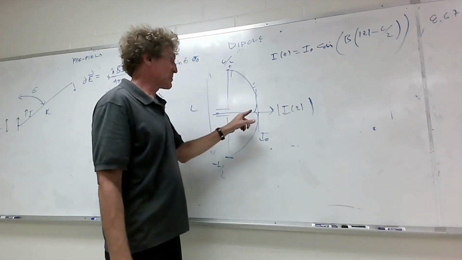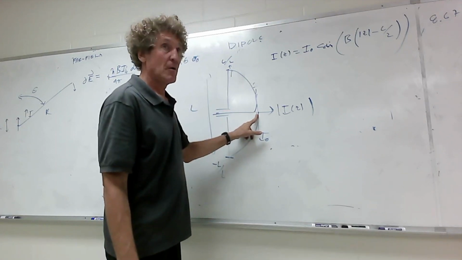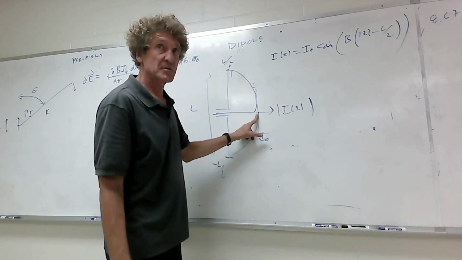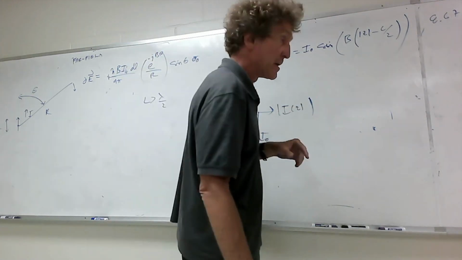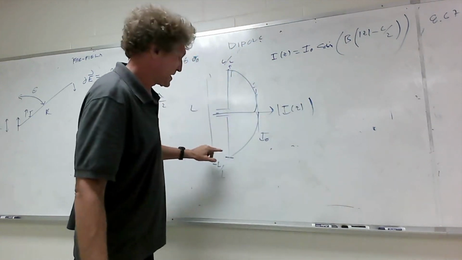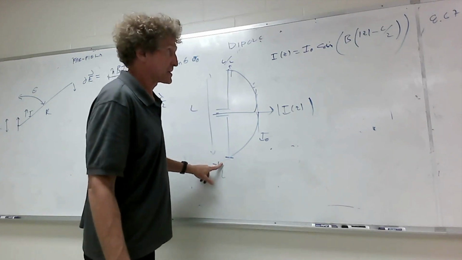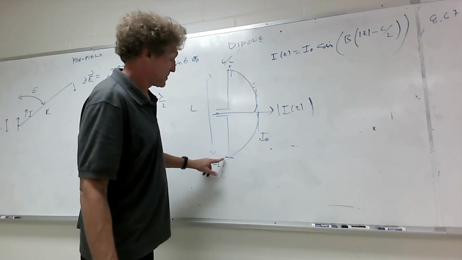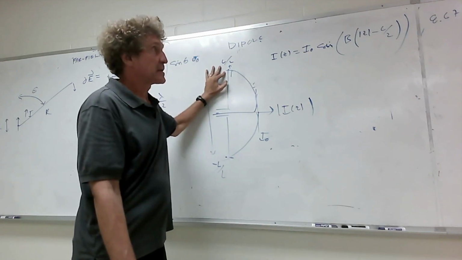And what is it at the origin here? Oh, it's going to be... we don't know. It depends on the length. You all see this? Now, if you take a look at this right here, if the length from here to here was lambda over 2, then you would see at the origin,